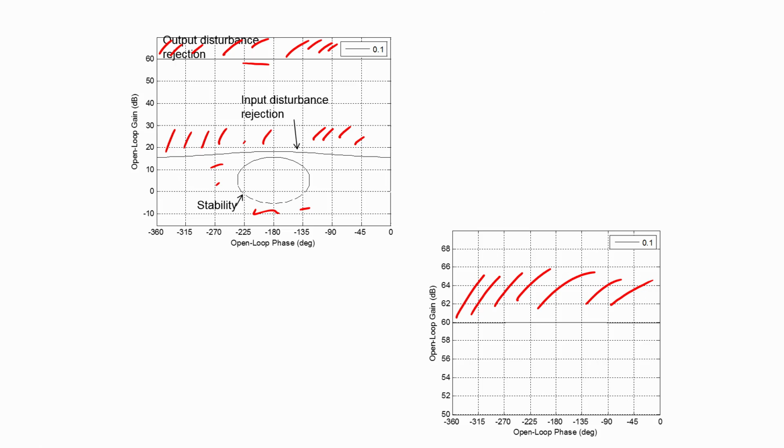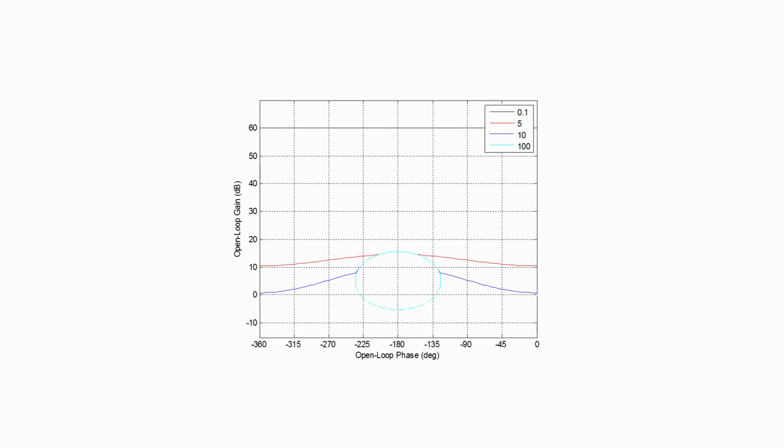Now our requirements on performance stop at 10 radian per second, but there is no guarantee that we can stop worrying about stability also at 10 radian per second, because the gain might cross over at a frequency well beyond 10 radian per second, and hence to be sure that at that frequency where the gain crosses over we have our particular stability specification being met, we pick one more frequency which is much bigger than the frequency at which we are interested in performance.